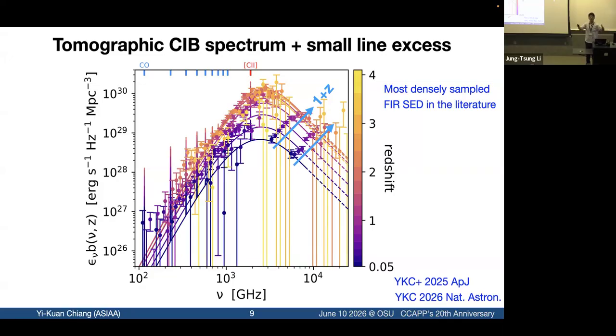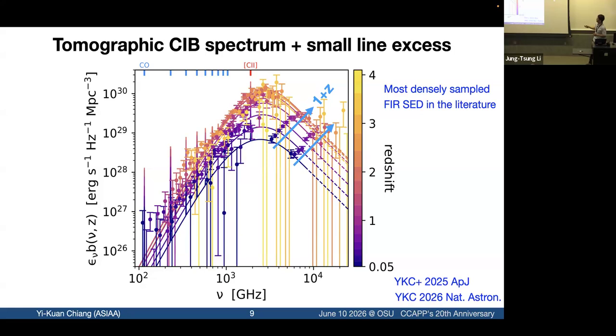So you start to sample very completely, very densely, the spectrum of the universe. And so the broadband feature is all coming from the thermal dust emission. And you can recognize there's a characteristic peak. So that's a characteristic temperature, maybe 20 to 30 Kelvin, of interstellar dust. And the overall amplitude is increasing.